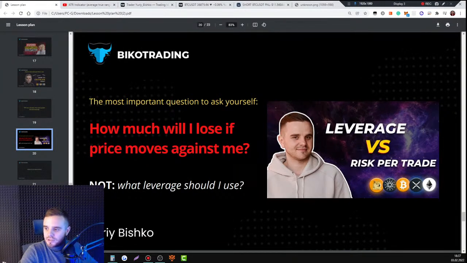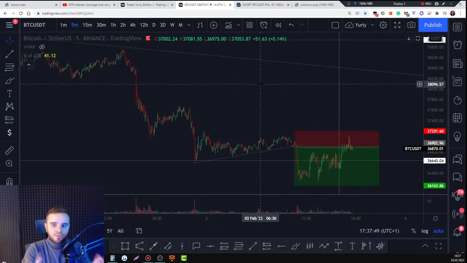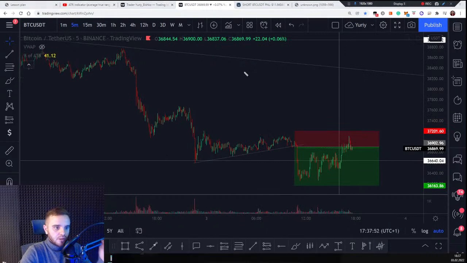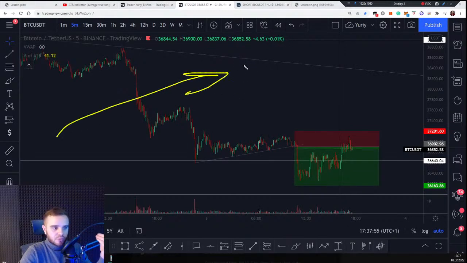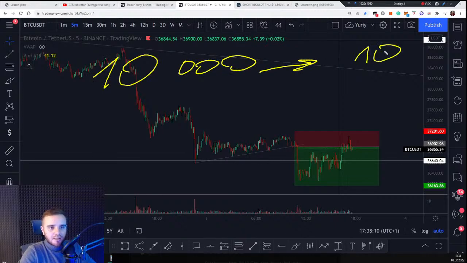The problem with TradingView is that the tool doesn't manage leverage. Raul, I agree with you, this tool doesn't manage leverage because everything depends on Binance. When you transfer your money to your futures account, for example you have 10,000 USDT and you set 10x leverage, if you trade with risk of $100, I can bet that in 99% of cases you will never care about leverage.